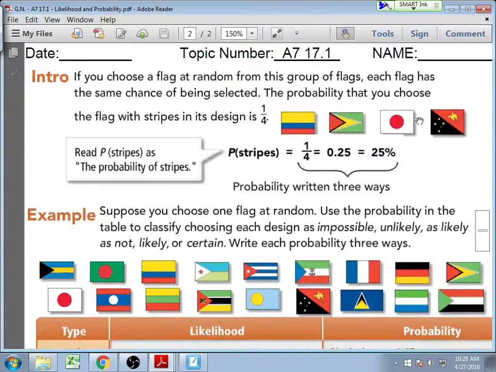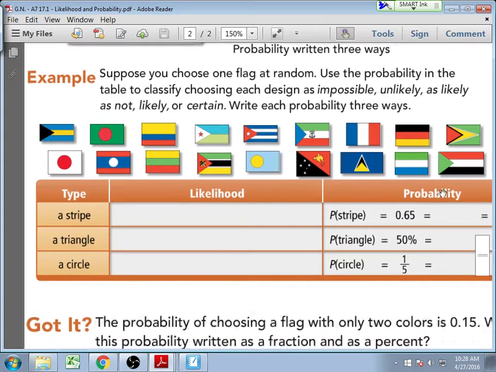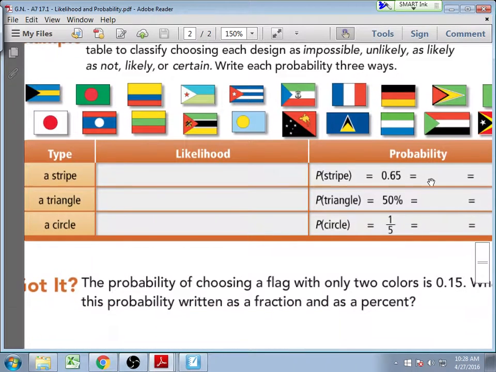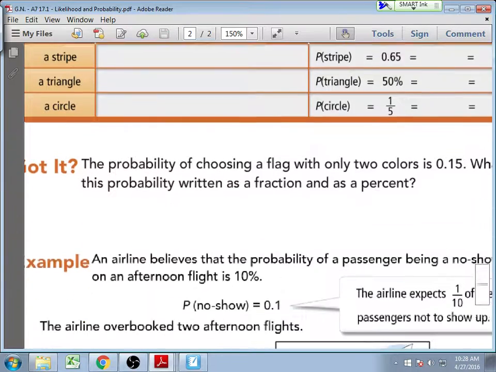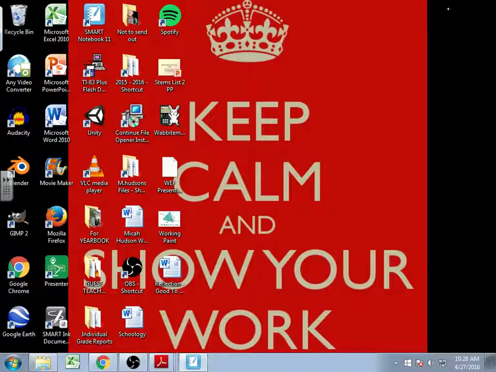Moving on quickly. So you see here, we could do some work with flags. We're just going to run right through this. We're not going to spend a lot of time. If down here we were looking for probability of a flag with a stripe, we could count how many stripes we have, and we get a 65% probability, or 0.65. That would be 65 over 100, which in this situation, of course, there's not actually 100 flags. But do we have any other questions about how we would determine the likelihood of something happening? It's what you want over total possible outcomes. And we'll do work like this tomorrow. But then moving on to 17.2.